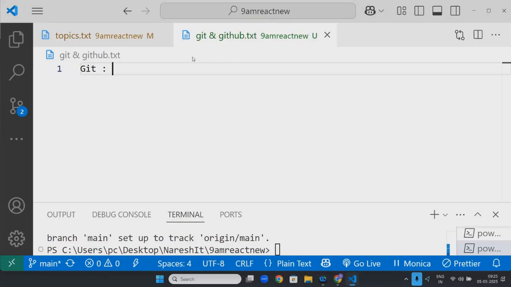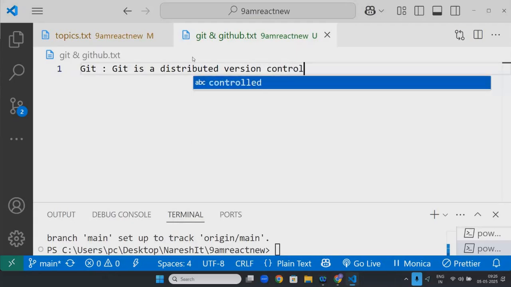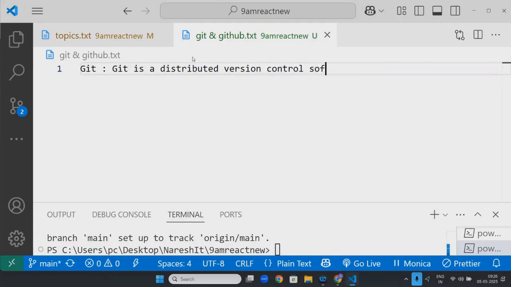Git is a distributed version control software. It will store everything whenever you save. It will store it as a version, like 1.0, again 1.0.1, 1.0.2, like that.